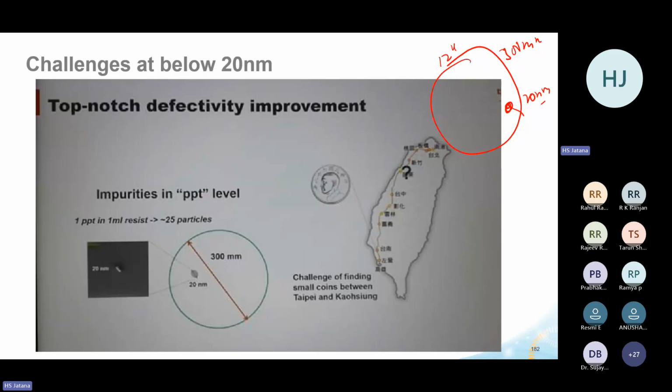Why are they formed during the process? There can be contamination in the equipment. Equipment can contribute, and also, because it's a chemical process, in a chemical process there are products and there are byproducts. Byproducts, the molecules, the gases have to be taken from the chamber. If they are not taken, they might get deposited. Some particle, some molecule may get deposited on the surface of the wafer, and that is a particle which will